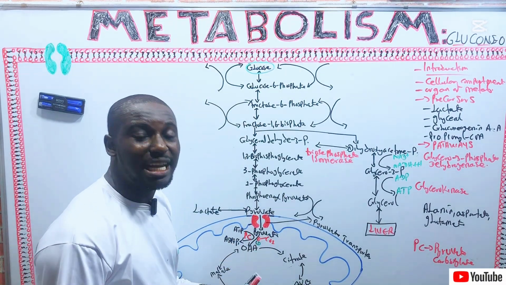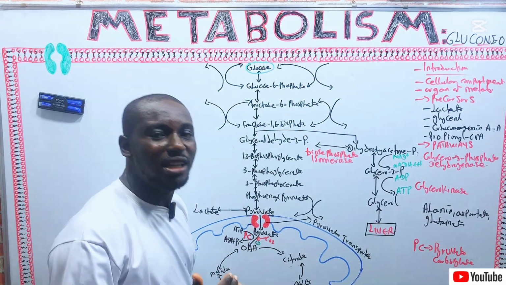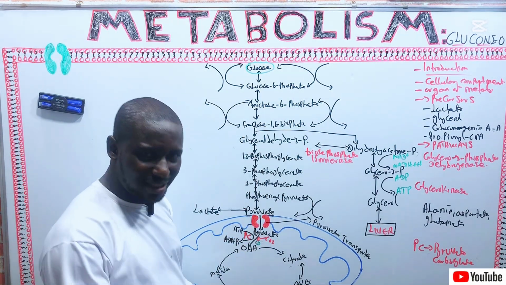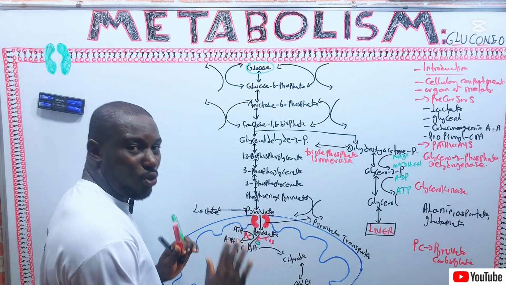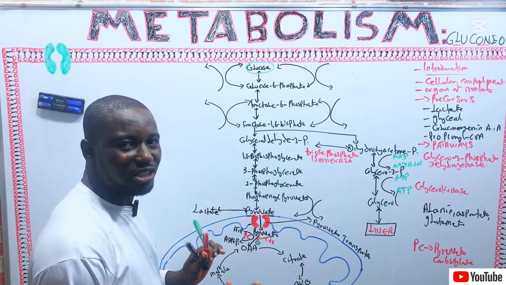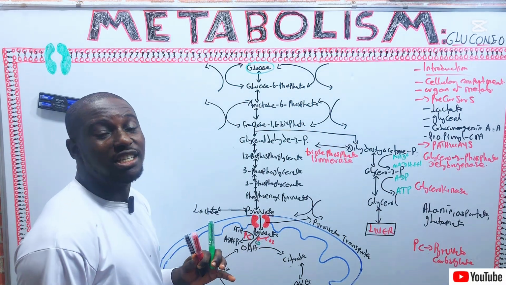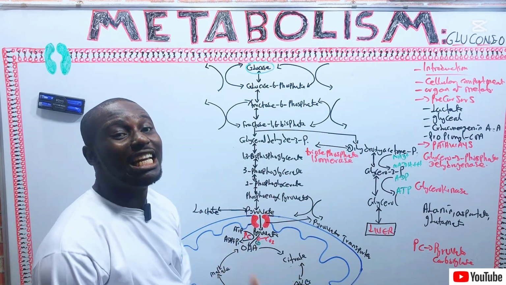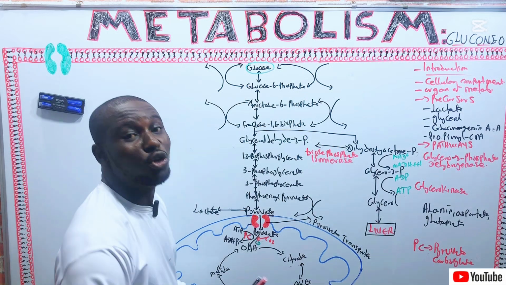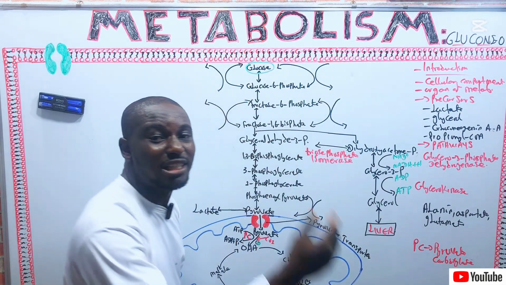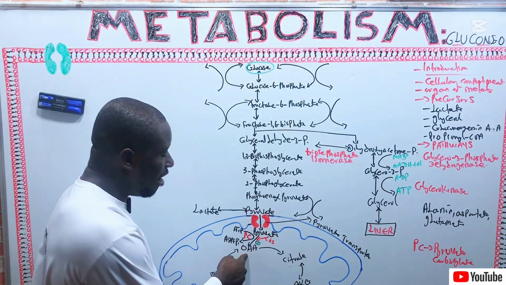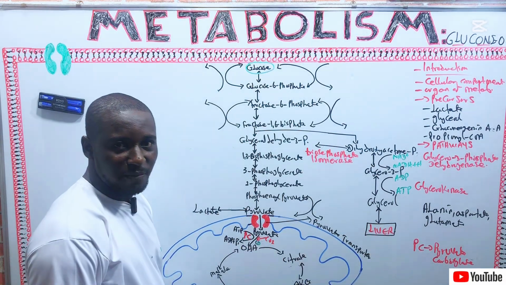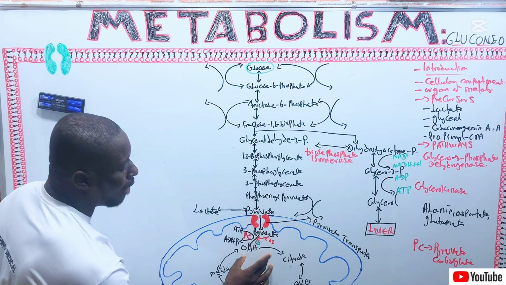Recall that pyruvate can also be oxidatively decarboxylated to form acetyl-CoA. You have to understand that in the TCA cycle, but that one is a different reaction. It does not concern gluconeogenesis, although acetyl-CoA is an activator of pyruvate carboxylase. That means when there is an increase in production of acetyl-CoA, there is usually an increase in synthesis of oxaloacetate, because it will also be activating pyruvate carboxylase in order to carboxylate pyruvate and form oxaloacetate. That is why acetyl-CoA is an activator of pyruvate carboxylase. So we have formed our step 1 of